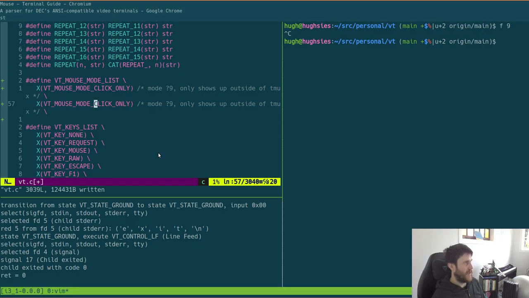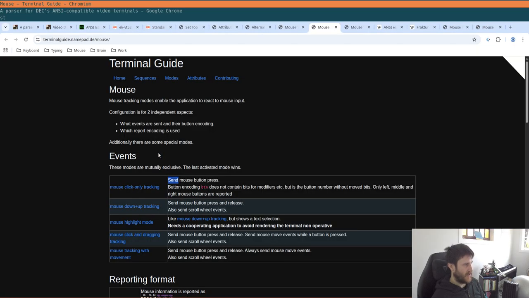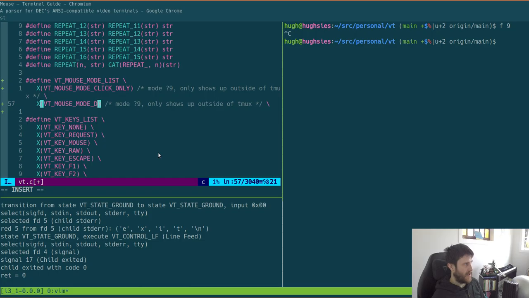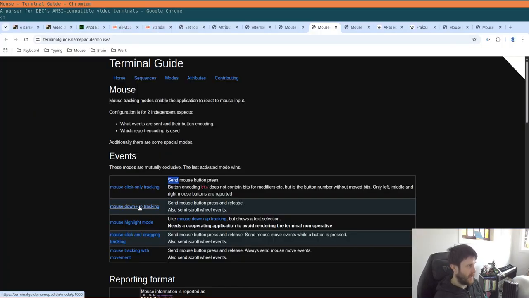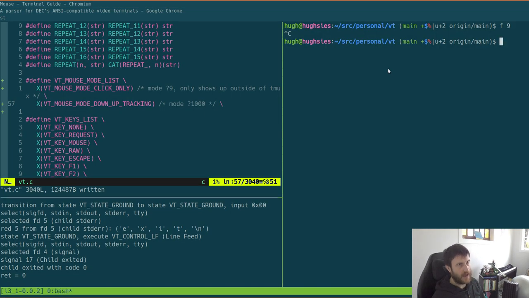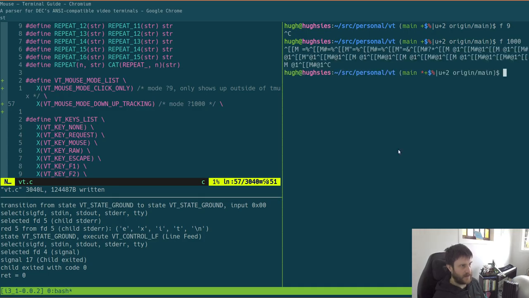Down up tracking. And this is mode 1.0. And it does show up. So like if I go into tmux over here and go 1.0, I can get some clicks, and click stuff is done. Mouse movement is not, click and movement is not, so it's only click and release. And then